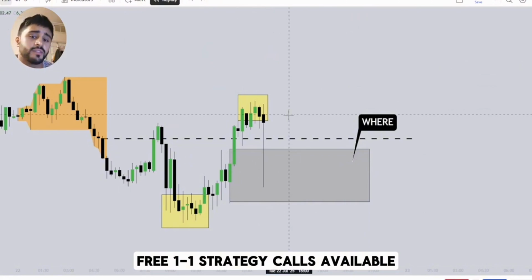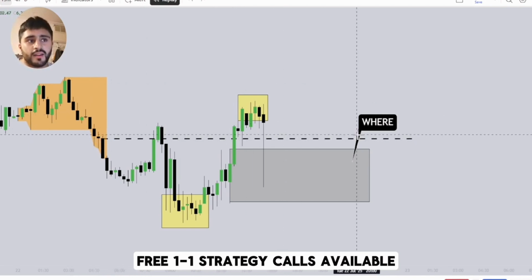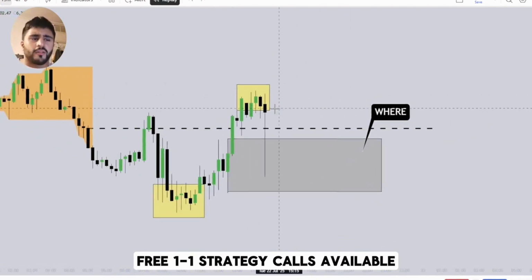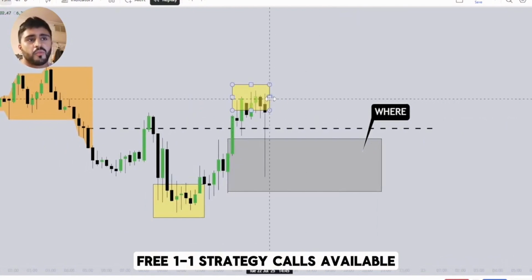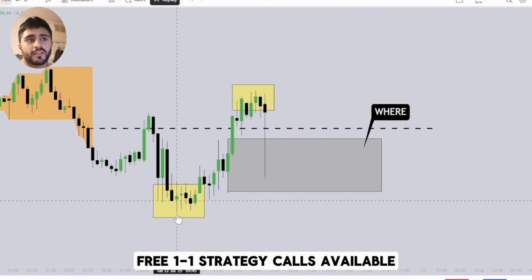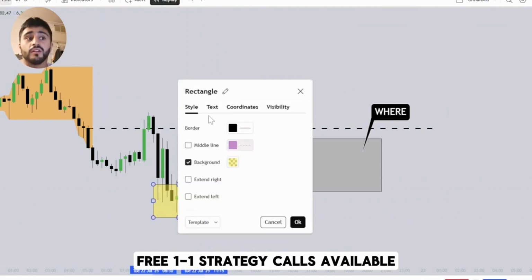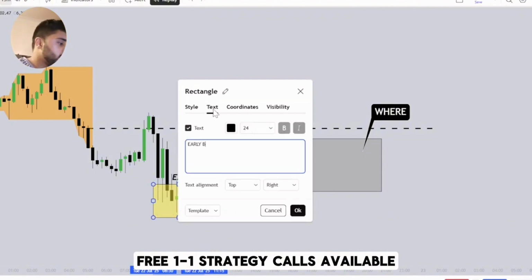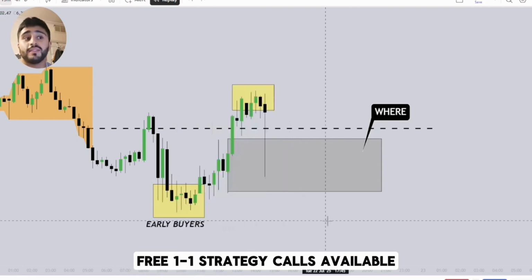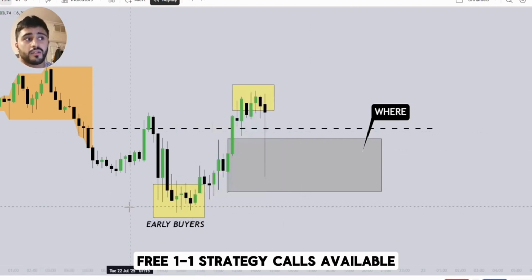The third, and this is the most valid and one which I think is the most underrated, we see price taking out the midnight New York opening price, sorry for that. So we are looking for a POI that gives us our manipulation. So by price taking out the Asian low in the London session, this is an enticement of early buyers, right? So I'm just going to write here, early buyers. And so early buyers is the way the markets manipulate early buyers. So we can see price taking out the Asian low and